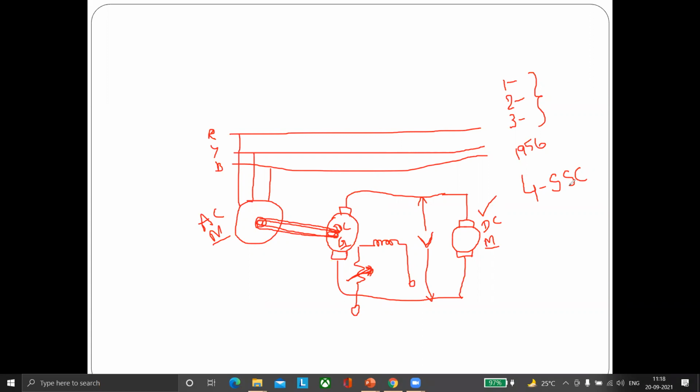Solid state control technique is nothing but the controlling circuit which is designed by using the power semiconductor devices. That control technique can be called a solid state control technique. Is it right? Just wait one minute.